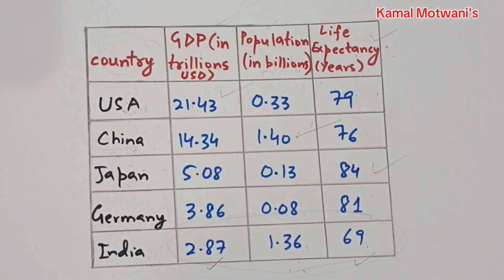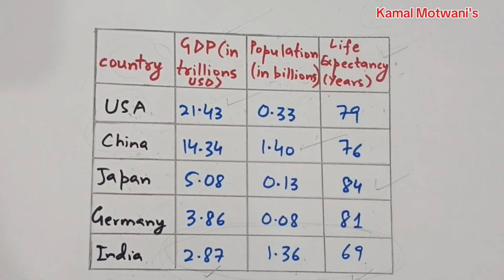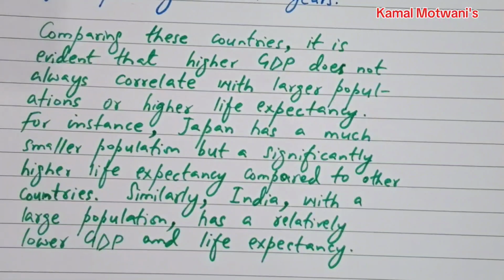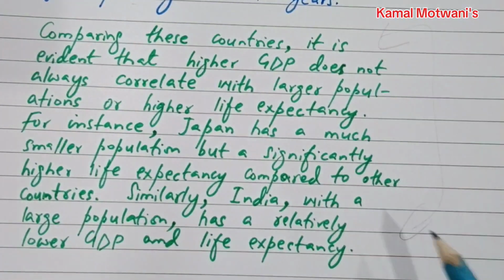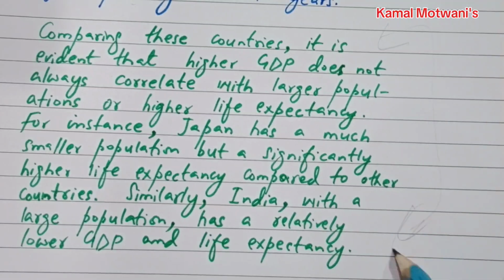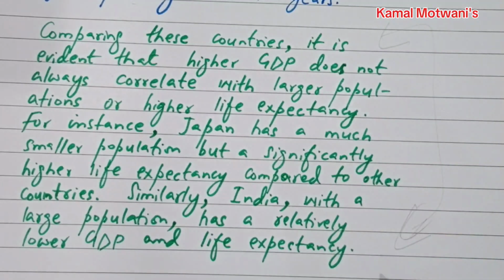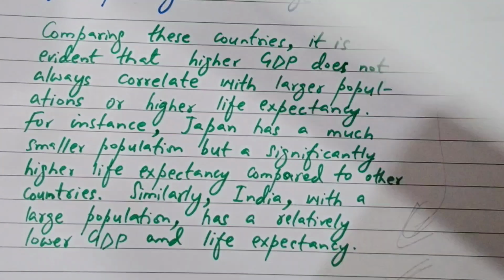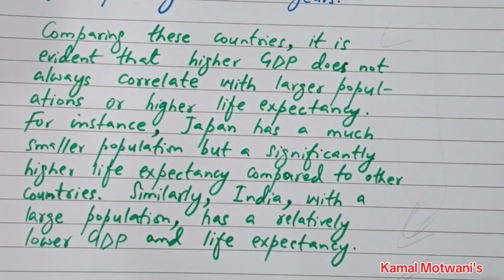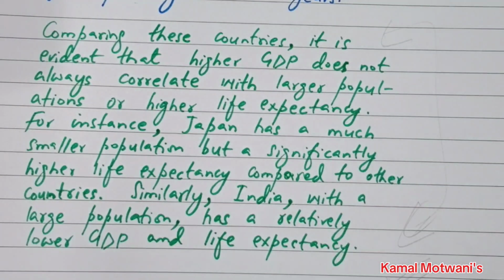So I request you all to follow this technique to achieve the highest bands. So let's see this paragraph on the screen. This paragraph is the last paragraph of this IELTS writing task 1 and is dedicated to the critical analysis of this table. I am repeating, do write it in your IELTS writing task. This type of analysis is a must, and it will give you a very lenient band.